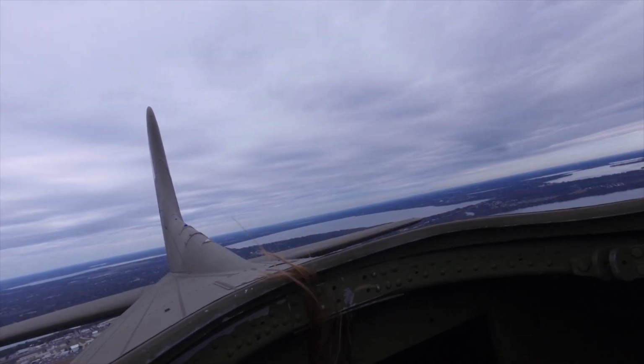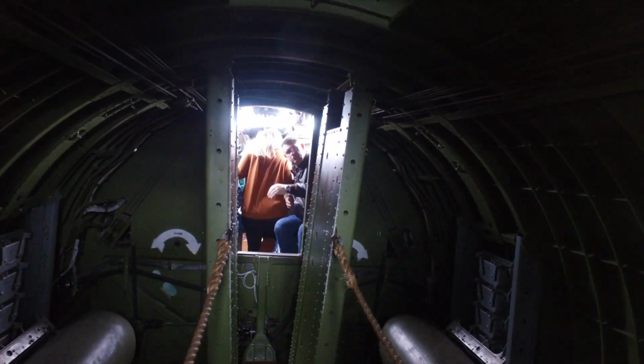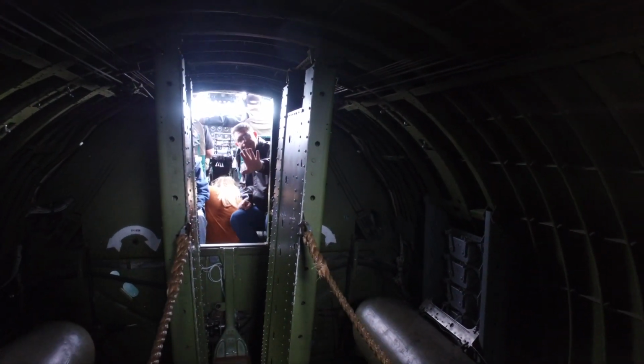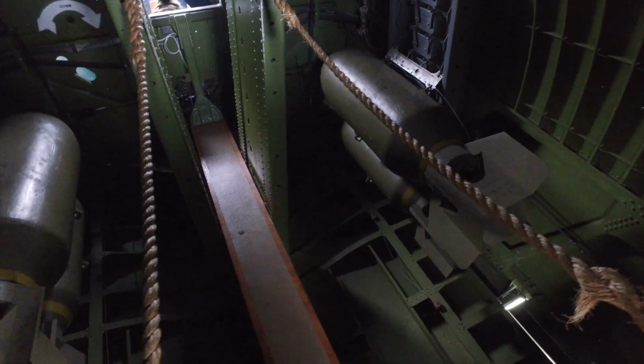But it's one of the neatest views you can have, looking back at the tail of the airplane and the countryside. As you go forward from there, you'll step through the bomb bay. This bomb bay, we've got 4 replica 500-pound bombs in there. The typical load could be up to 12 of those 500-pound bombs, although what we understand is that